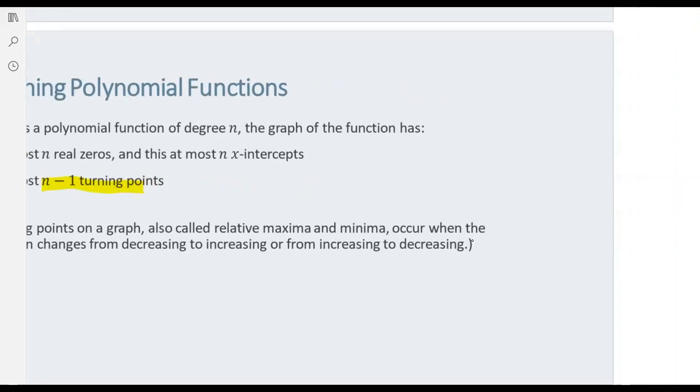So let's look at maybe something that's raised to the third power. Let's look at maybe x to the third power plus some other thing. I don't even know what this graph looks like. I'm just giving you a general idea. I know that this graph is going to look like this in general. The zeros and everything are probably off, but just the idea is that because it's x to the